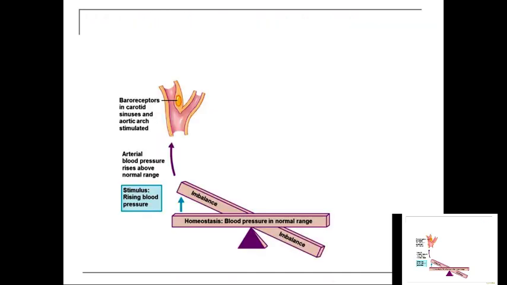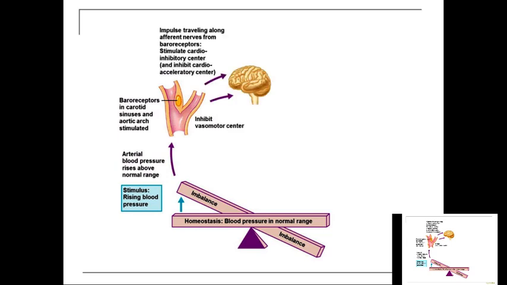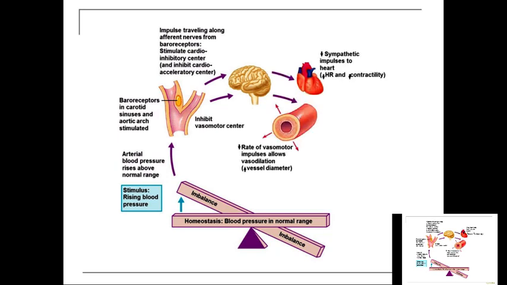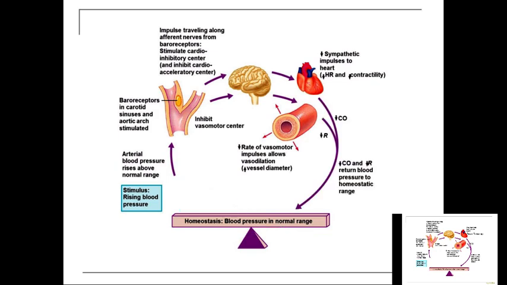But here it shows when you have these imbalances, when you have some sort of stimulus that's raising blood pressure, the baroreceptors in the carotid sinus send impulses that travel from the baroreceptors to the inhibitory center. As a result, it's going to decrease sympathetic impulses to the heart, which will decrease the heart rate, decrease contractility, and create vasodilation where the blood vessel diameter increases, which will decrease the cardiac output and decrease the resistance, right? Whenever you vasodilate and the smooth muscle of the blood vessels opens up, you have decreased resistance